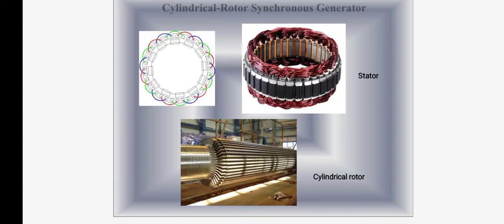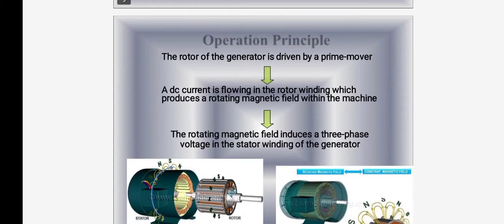This is the constructional part of the cylindrical rotor synchronous generator: stator and rotor winding. So now, what is the operational principle of the synchronous machine? The rotor of the generator is driven by the prime mover. Then AC current is